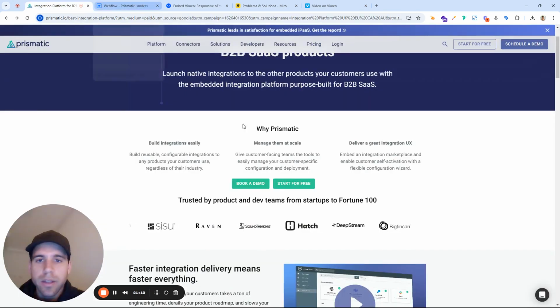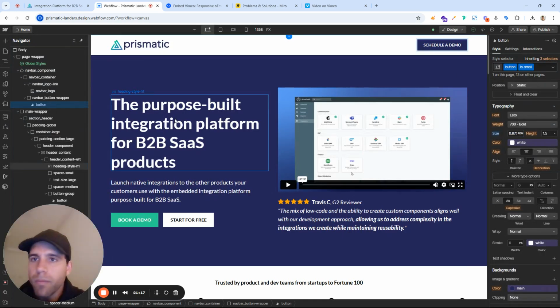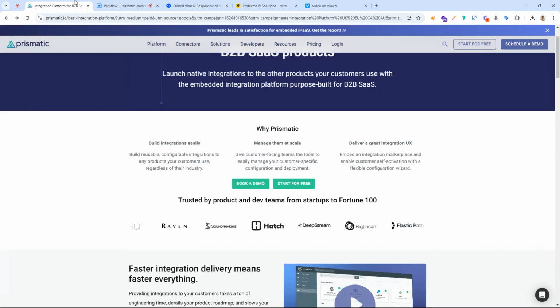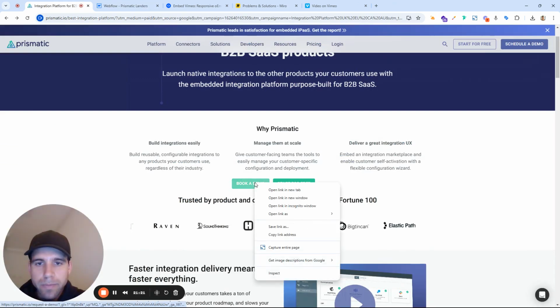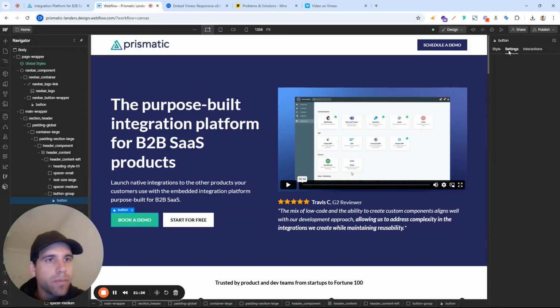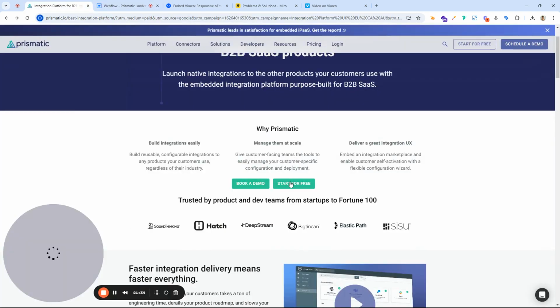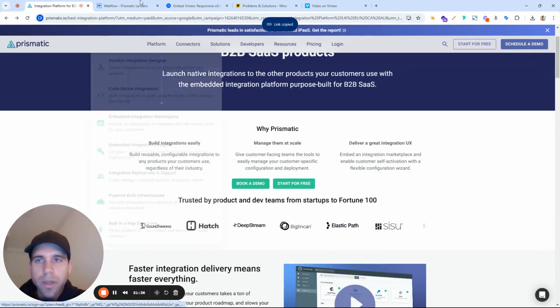And we're gonna add it also, book a demo, schedule a demo in this case. And I'm gonna add the links. So book a demo, copy link address, book a demo, settings, URL, Control V, done. Start for free, copy link address,